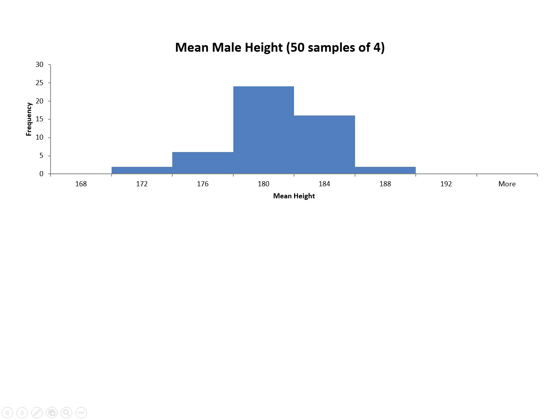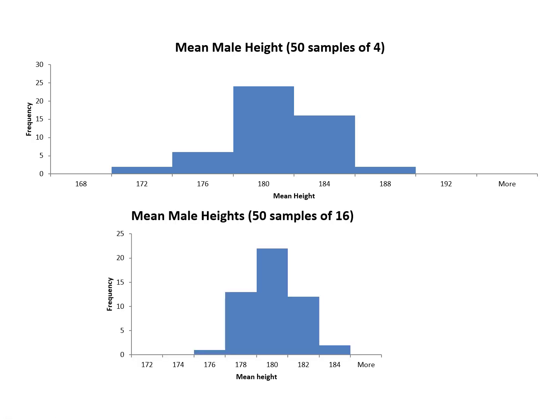Look what happens when I make the sample bigger. Here is the plot for 50 samples of 16. Notice the scales are the same. The 176s line up, the 184s line up. They are still bunched symmetrically about the true mean. But you see how the ends of the distribution have come in? We still get a normal distribution, but the spread is smaller. And looking at that in more detail is going to be the topic of the next session. But that just shows you the rather unsurprising fact that the bigger the sample, the better your estimate for the mean is likely to be.